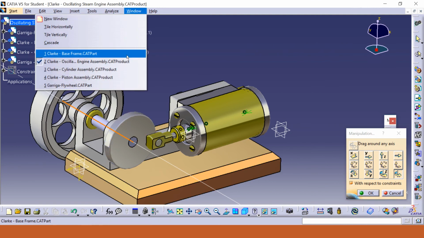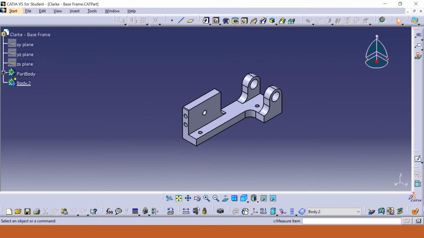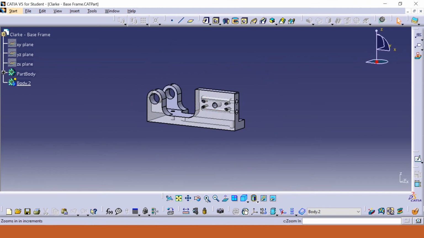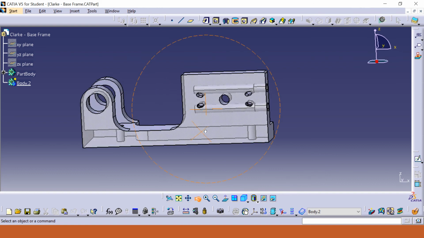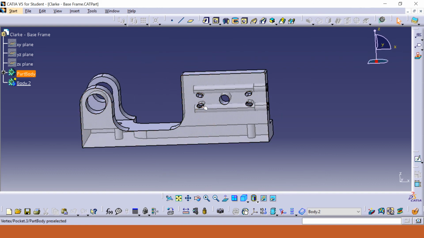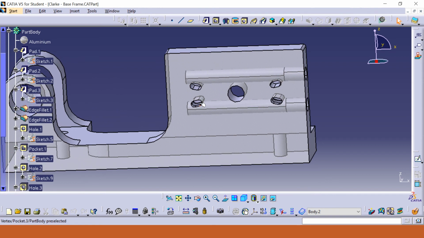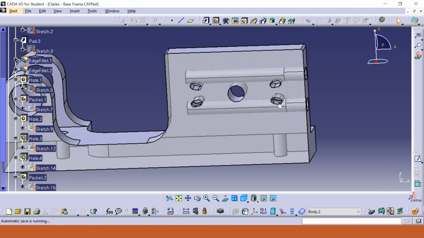Now, the base frame. This is the base frame used in the sub-assembly for the base. Whilst the part itself is not very difficult, there were some very difficult portions in its construction. The main issue we had is the creation of these 4 little holes. Now, each of these holes is not a perfect circle. They're at an angle, and they are concentric around this origin piece. Now, these were created